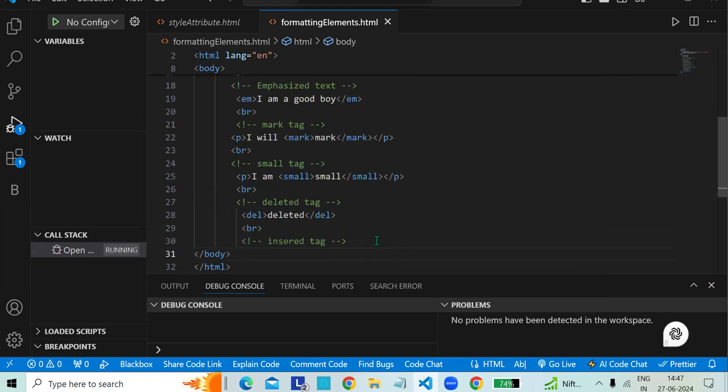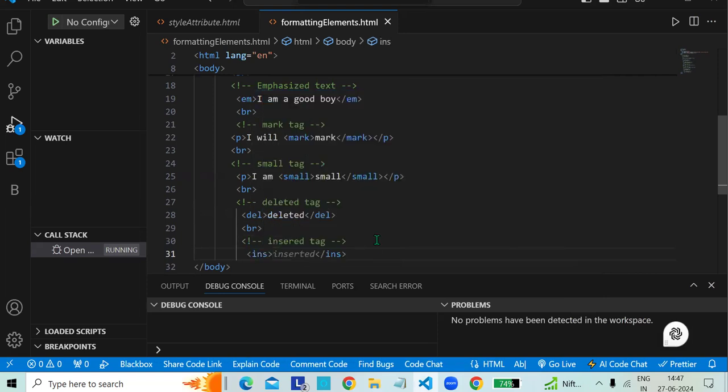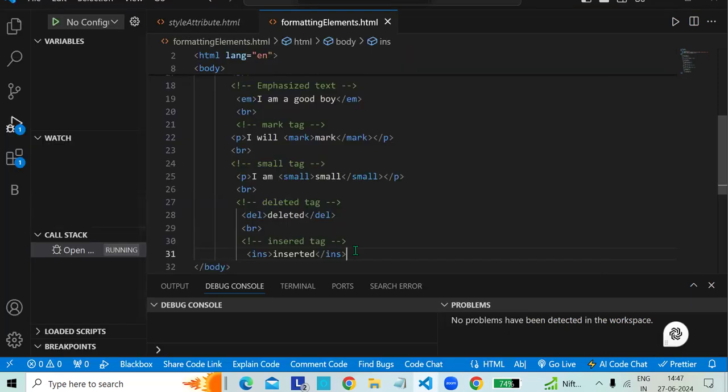So here you have to write ins tag, inserted, and save it and refresh it. See, we got the underline, right? So here you can use